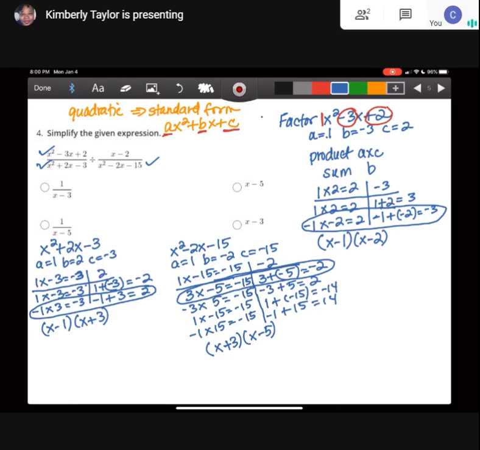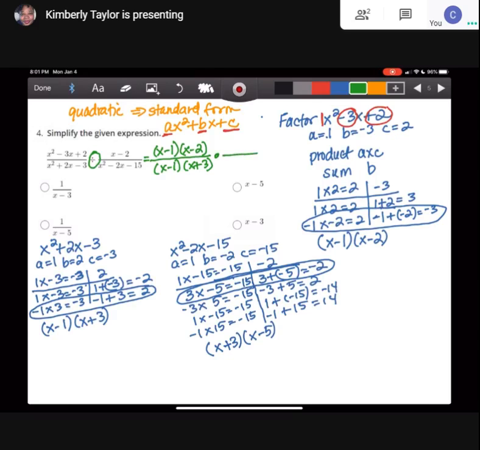So what I have here, let me erase these check marks. Now let's do this in a different color. So this is going to be x minus 1 times x minus 2. And then this one's going to be x minus 1 times x plus 3. Now, I gotta divide, but in order to solve this problem, I need to multiply it, and I need to